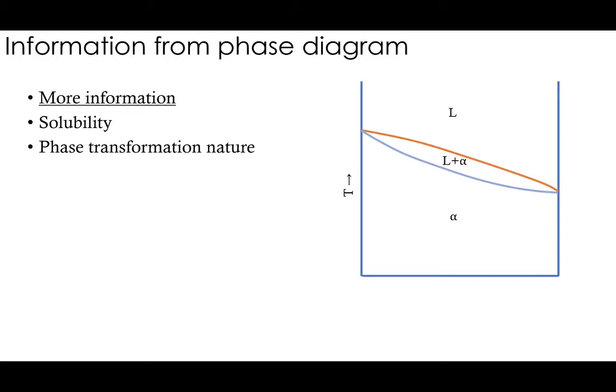Some more information is the solubility. You know about solubility; we talked about it in the previous lecture, where the sugar content in the liquid can go up to only a certain extent and cannot go beyond. That is the solubility limit, which is basically denoted by this line here. At different temperatures, the amount of solute that can be dissolved in the solvent, the amount of B that can be dissolved in A, is going to change like this. That's what is indicated by this line.